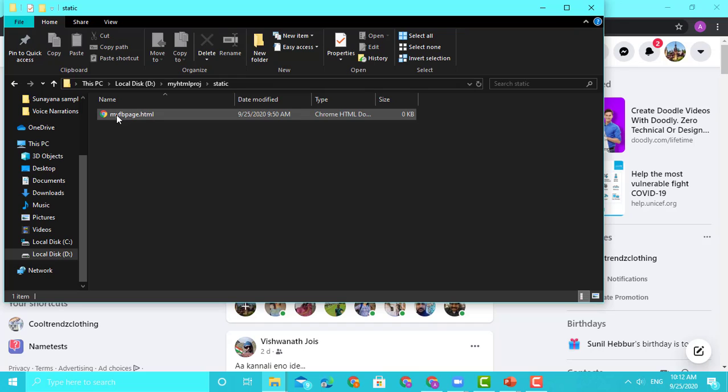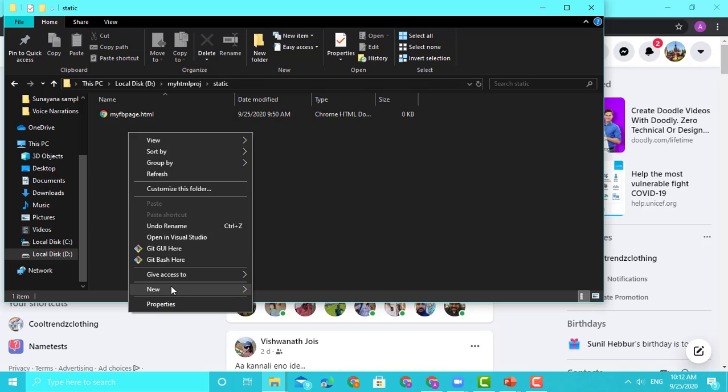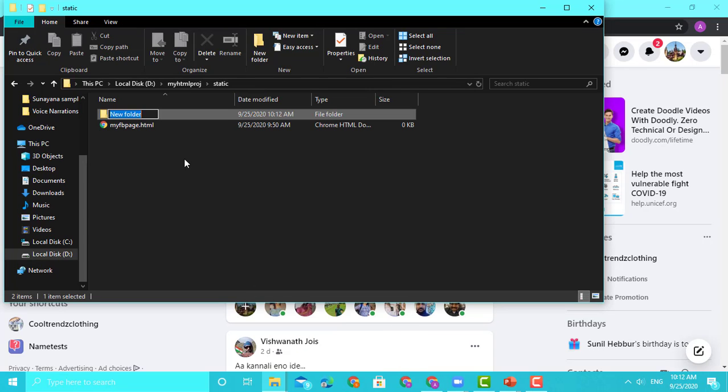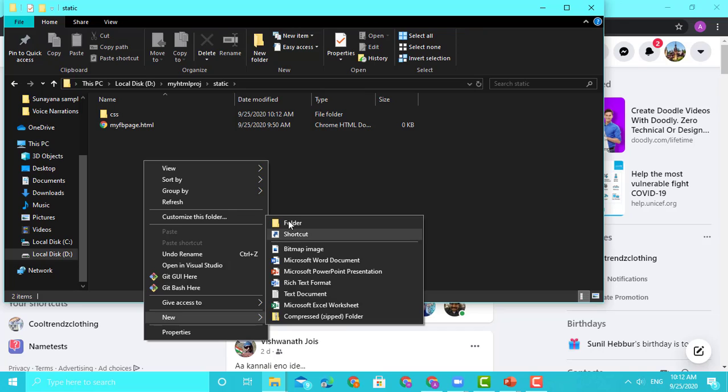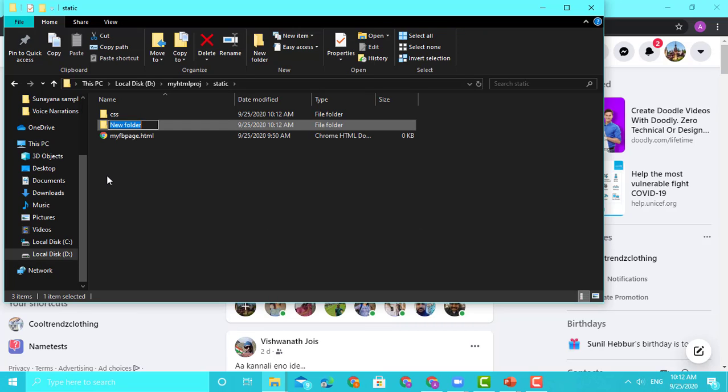Now I can have a HTML page here. Normally we can also create folders for CSS, where I will store my CSS, and then I will have a folder called JS. These are standard, but it's not that you have to follow them. You can do it as you want. Even pages you can put in a folder, say an HTML folder. So you can do one HTML static file here, but I will keep it simpler. So now this is the structure of your folder.